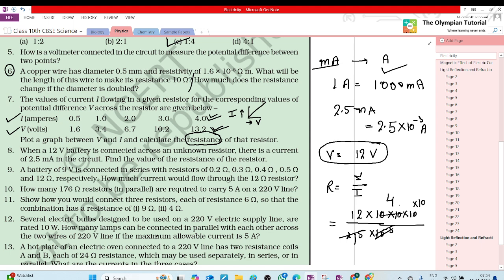I've got 48 into 10 to the power 2. Very good. But I told you to give me the answer in standard form. What is the standard form? That you should write the decimal after one digit. So it will become,